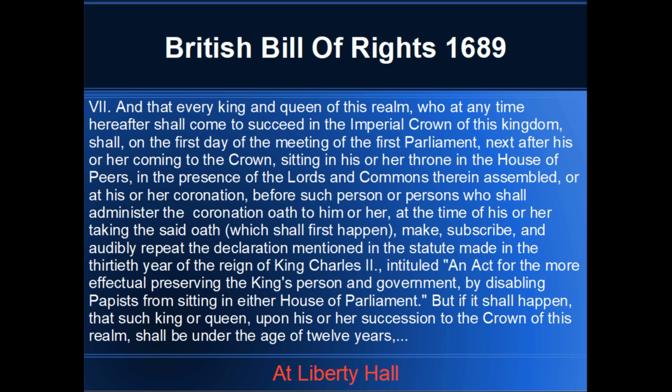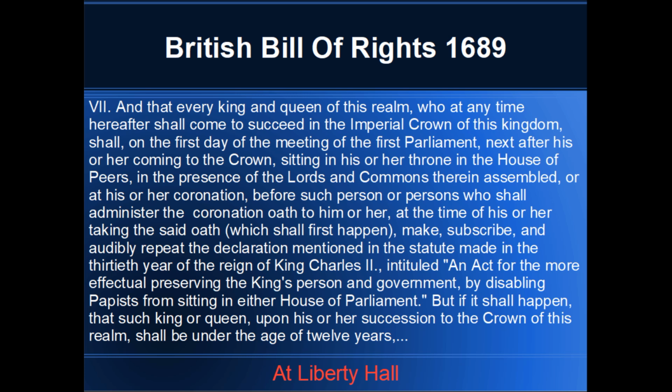7. And that every king and queen of this realm, who at any time hereafter shall come to succeed in the imperial crown of this kingdom, shall, on the first day of the meeting of the first Parliament, next after his or her coming to the crown, sitting in his or her throne in the House of Peers, in the presence of the Lords and Commons therein assembled, or at his or her coronation, before such person or persons who shall administer the coronation oath to him or her, at the time of his or her taking the said oath,